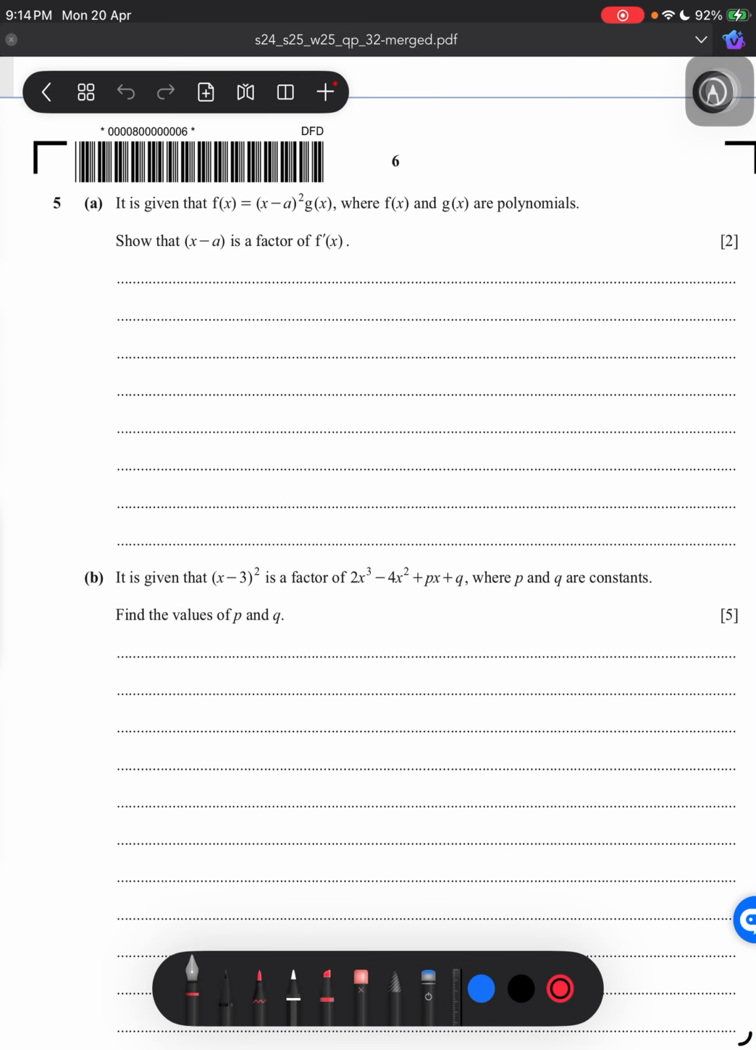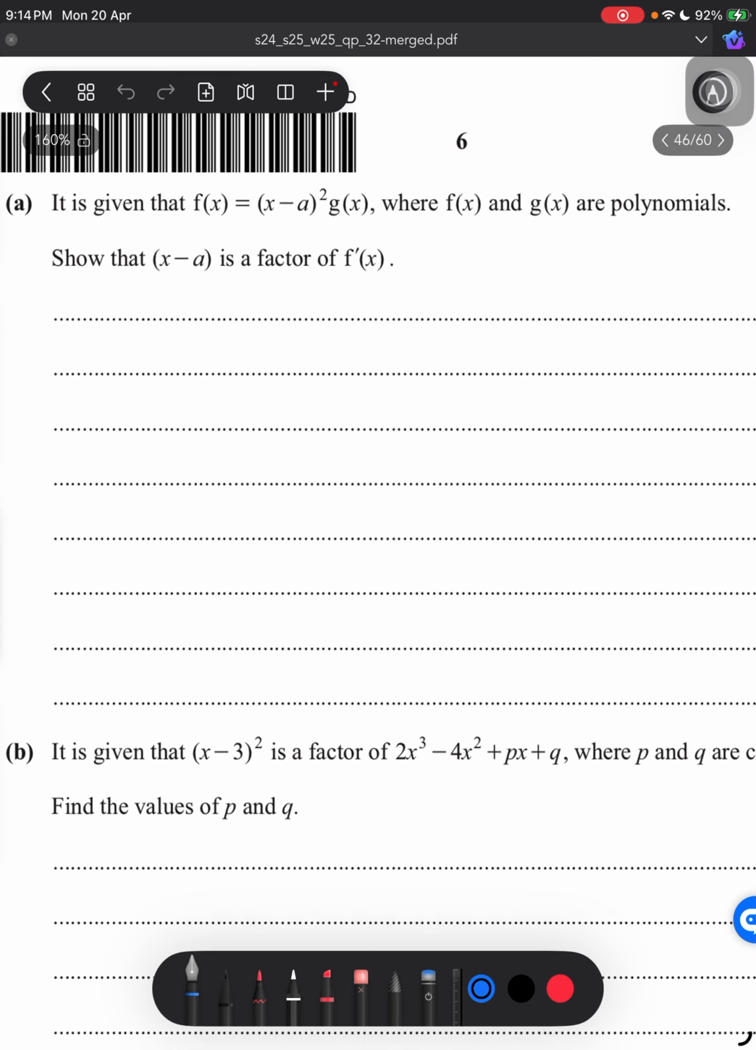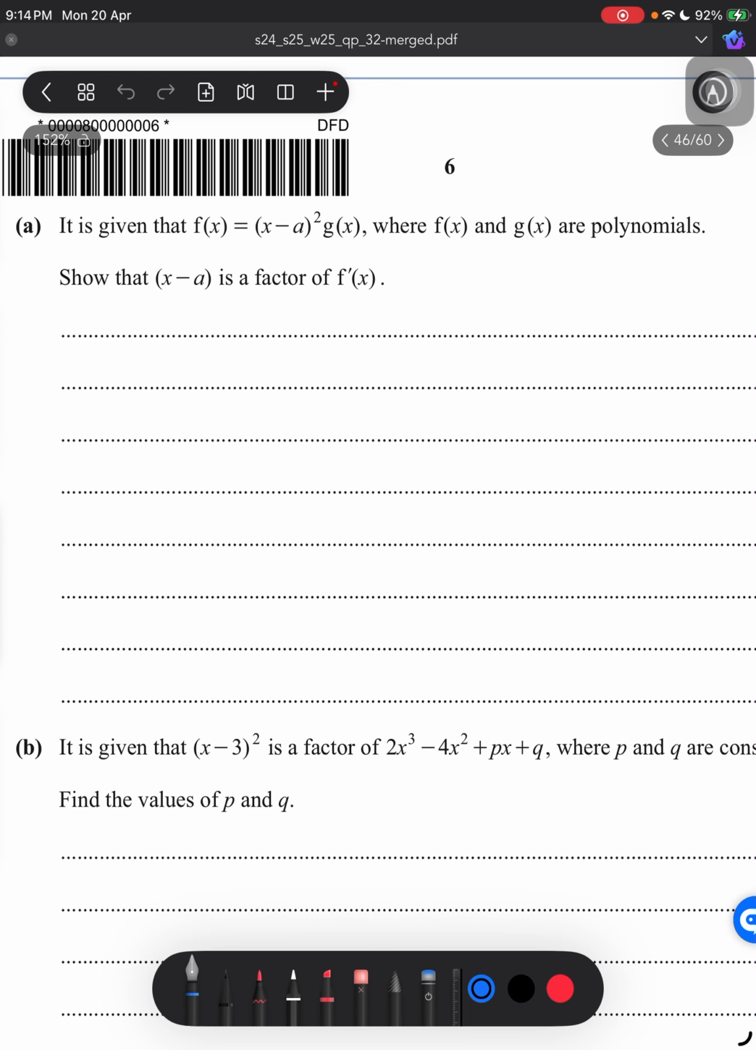Question number 5 of October, November 2025. In this, we have been given a function f of x, where f of x and g of x are polynomials, so that x minus a is a factor of f prime of x. So let's take first as